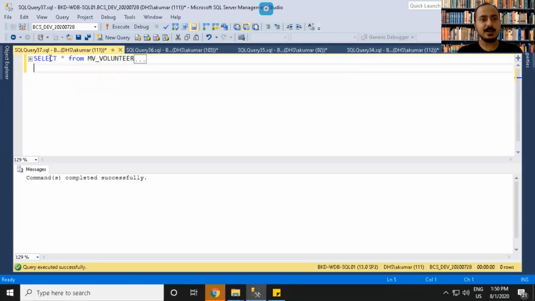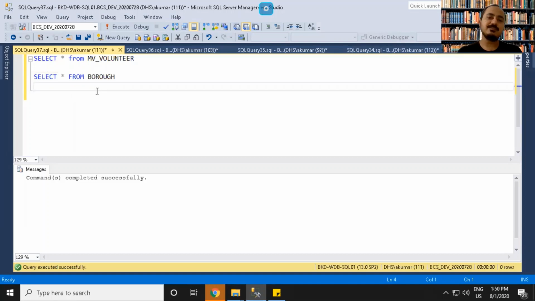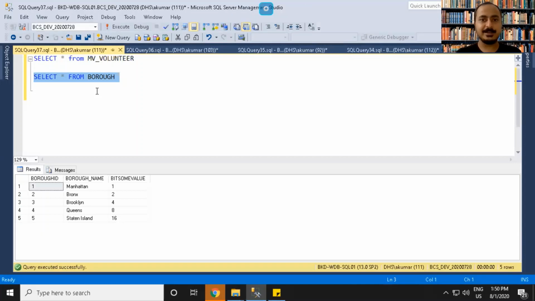The first one is my volunteer table, which will store the volunteer information like first name or any other information that you want to store, and the geographical location where they are working. To represent geographical information, I create a borough table which contains the 5 different boroughs of New York City. New York City consists of 5 different geographical segments, which we call boroughs.